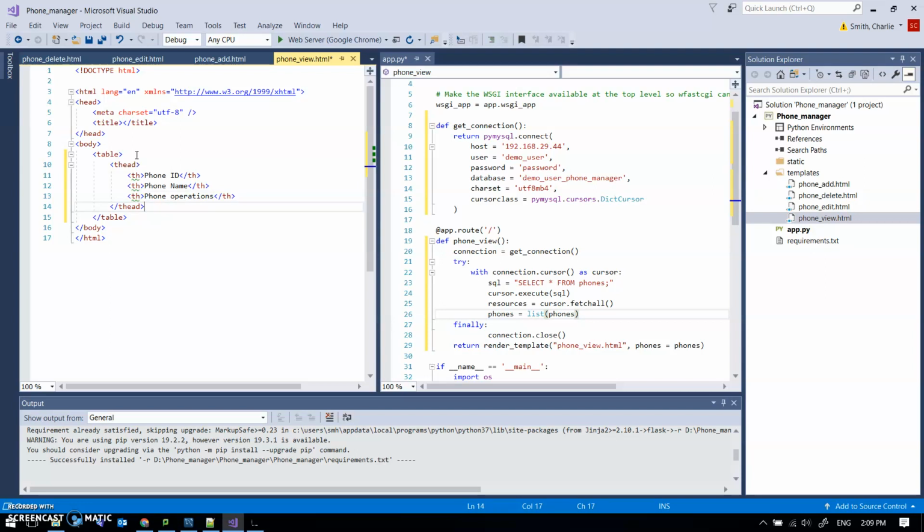So that's the head done. Then we need a body. And you know what? I absolutely forgot to put a table row in here, didn't I? That's terrible. So cut, paste, easy fix. So table head, table body, table row, table data, and this will be, oh actually we can't do this yet, can we? We need to have a loop. So we've got to say for phone in phones,